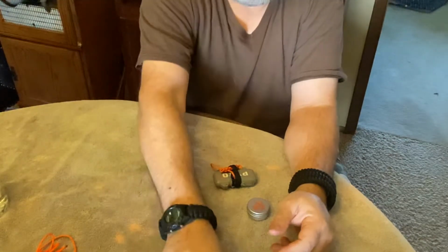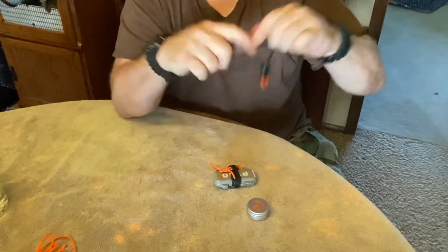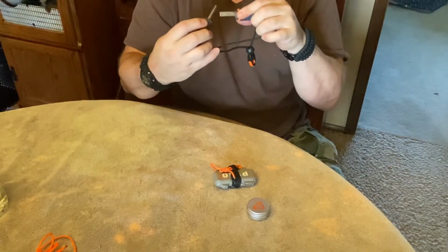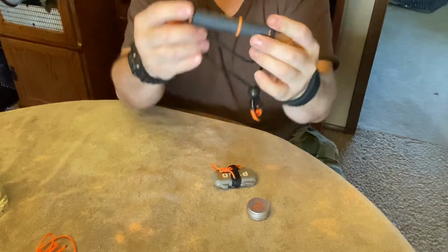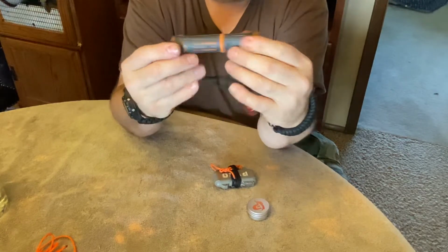So that being said, you need to be carrying things that can help back you up. One, a ferro rod, just a simple ferro rod, right? You guys should have it in your gear. Now, you guys know this is a big one made by Gerber. It's nice and strong. It's more something I'd have in a pack,